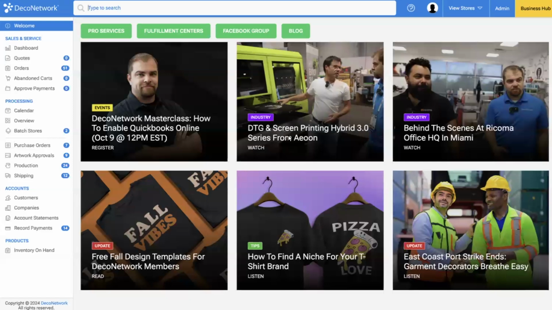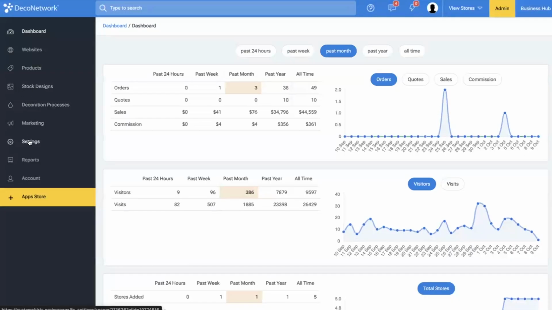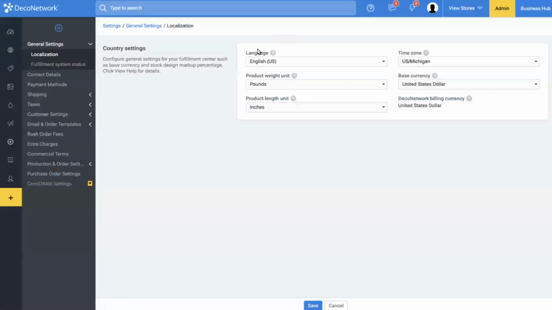Okay, Melissa has a question on sales tax. Is there a report on Deco that shows what invoices are paid per customer and date? I do sales tax monthly, and it would be easier to have a report with all paid invoices per month, like QuickBooks. So, Chris, I'm going to let you answer this correctly, but when it comes to reports, guys,